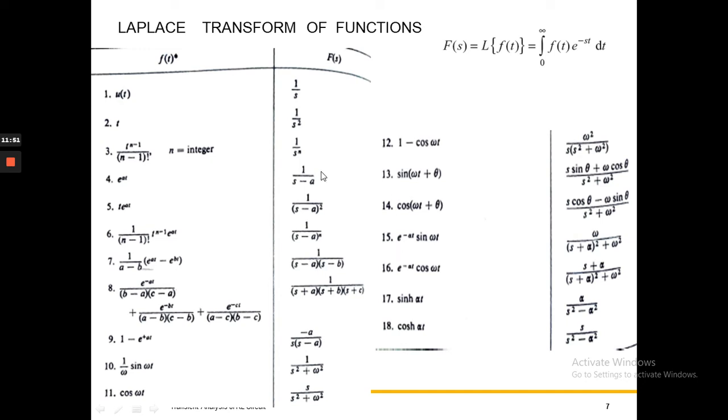So you should know the inverse Laplace transform of the function. If after manipulation you get a function like 1 by (s minus a) whole square, then the inverse Laplace transform will be t into e raised to at. Okay. So if you are getting something like this, then the inverse Laplace transform should be exponentially decreasing, e raised to at into sin omega t. Okay, it's a damped sinusoidal. So you should know by heart this basic result of the Laplace transform.